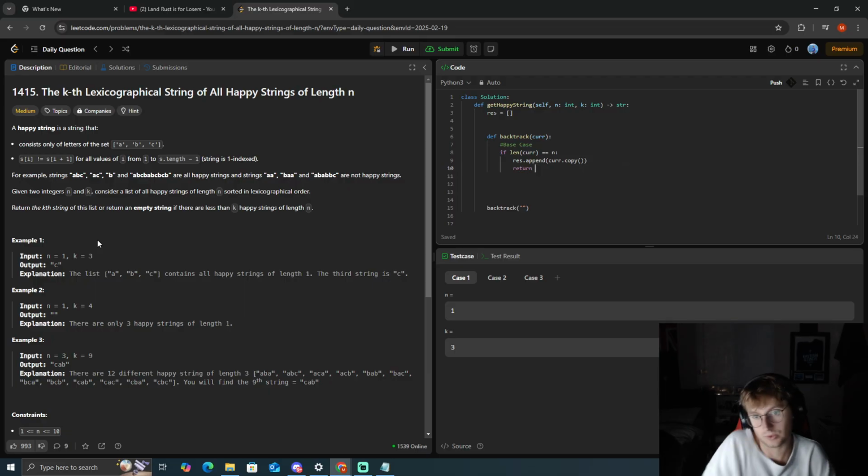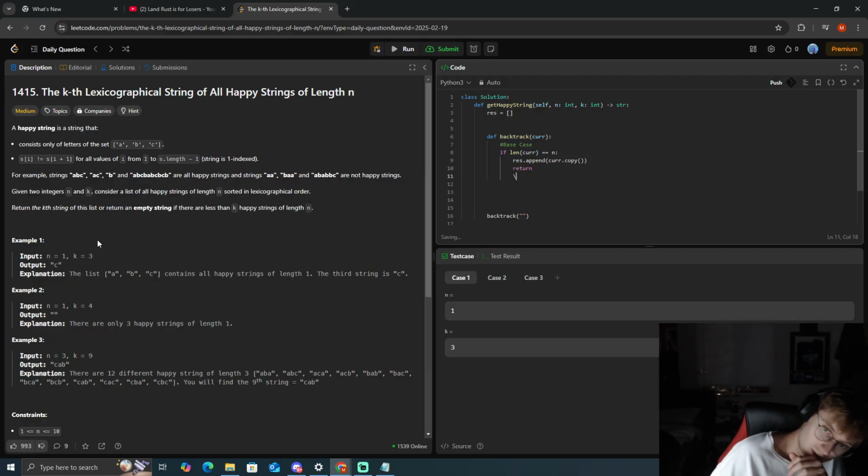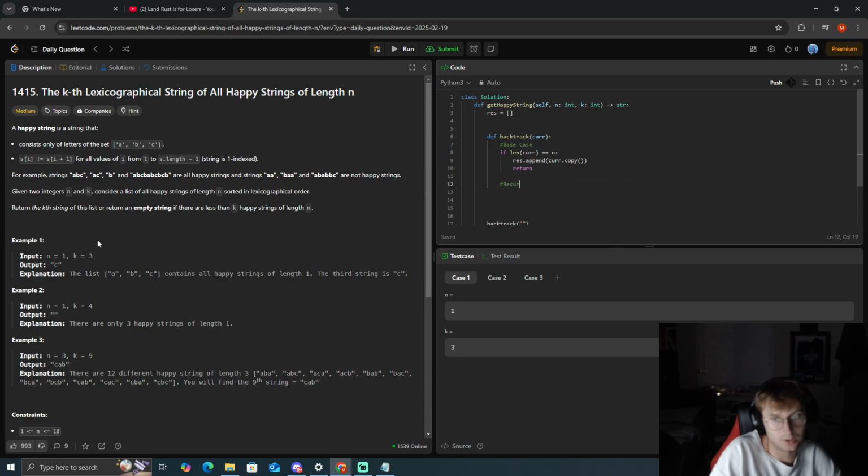I guess we just return nothing, right? We break. We have a recursive case here where we're going to have to loop through here. So char and array, we want to check, well, if char does not equal, we got to think about the adjacency here. So if char does not equal